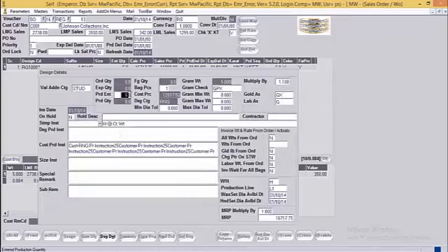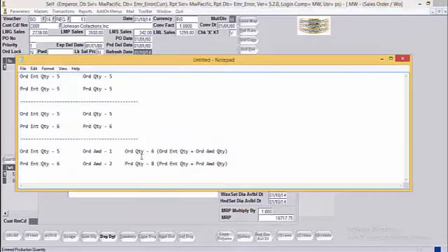Now, after amending the quantity, the production quantity is set as 8 and the order quantity is 6. Based on this example, we can say that the order quantity is sum of order entered quantity and order amendment quantity, that is 5 plus 1, that is 6. Similarly, the production quantity is addition of production entered quantity and the production amendment quantity, which is 8.